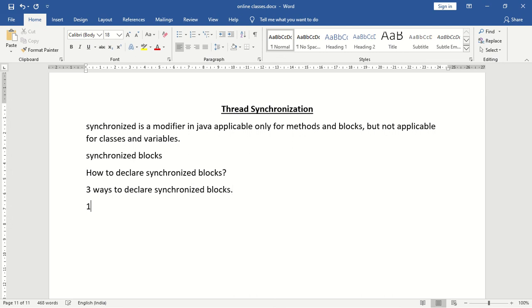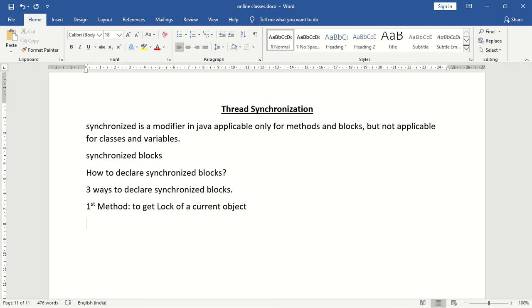So we'll see the first method. What is the first method? The first method is to get a lock of the current object.